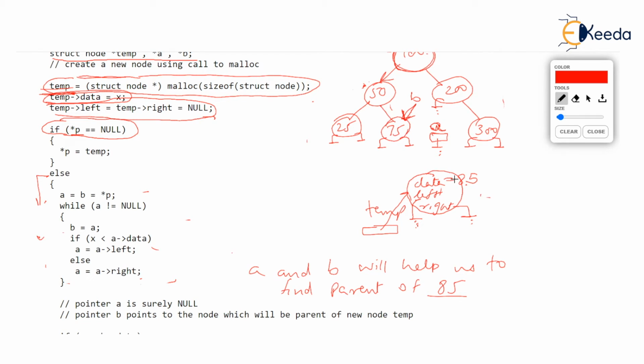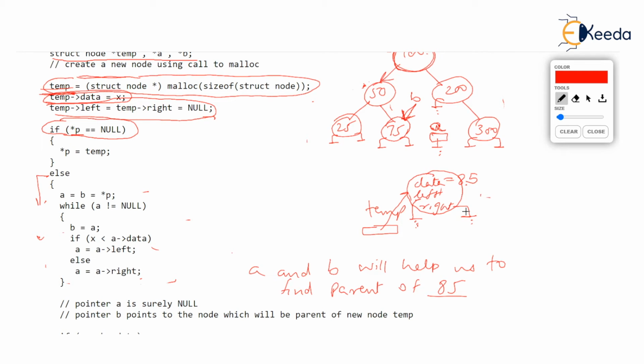Good Lord, look at this interesting fact. B always points to the node to which 85 should be attached. I mean, when the while stops, you know that A is null, surely, but B points to the node which should be parent of 85. Good discovery, isn't it? But we are still not knowing one thing. Okay, we know that B should become parent of 85, but we don't know whether the new value 85 should be left of 75 or right of 75. We just can't blindly say that B arrow right should be 85 or B arrow left should be 85.